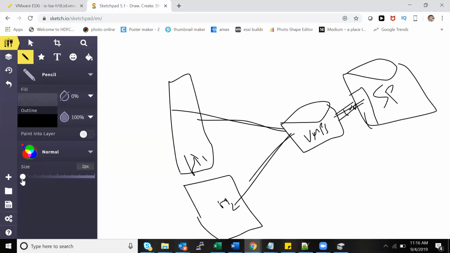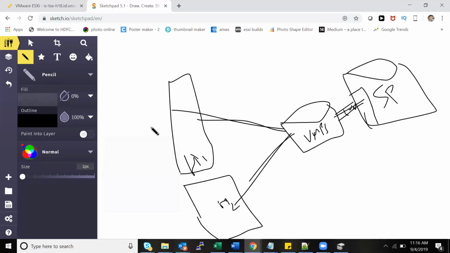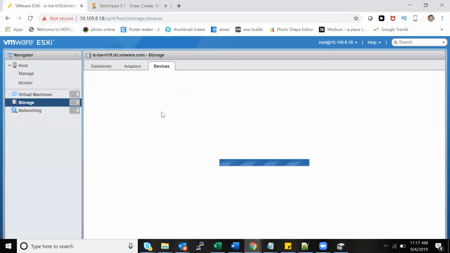So from a single LUN, can I create one data store or multiple data stores? One LUN, one data store. So technically, whatever data stores I see, if I see 5 data stores, that means 5 LUNs are coming from that particular storage or a series of storage. Yes. In our case, let's say, these are the LUNs presented to this host.